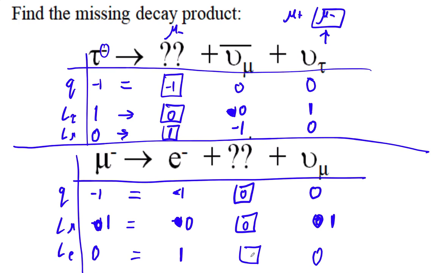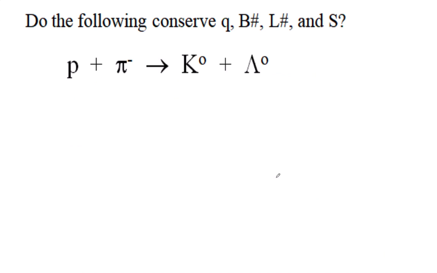So what does this guy have to be? I think it has to be -1. So what doesn't have any charge and has a -1 electron number? Well, the only uncharged electron things in the electron family are an electron neutrino and an anti-electron neutrino. And so it has to be an anti-electron neutrino. It's the only one that has a -1 electron-lepton number, and it doesn't have any charge. So it's got to be that guy. Eventually you're going to look at these and go, oh yeah, of course that's what it's got to be.